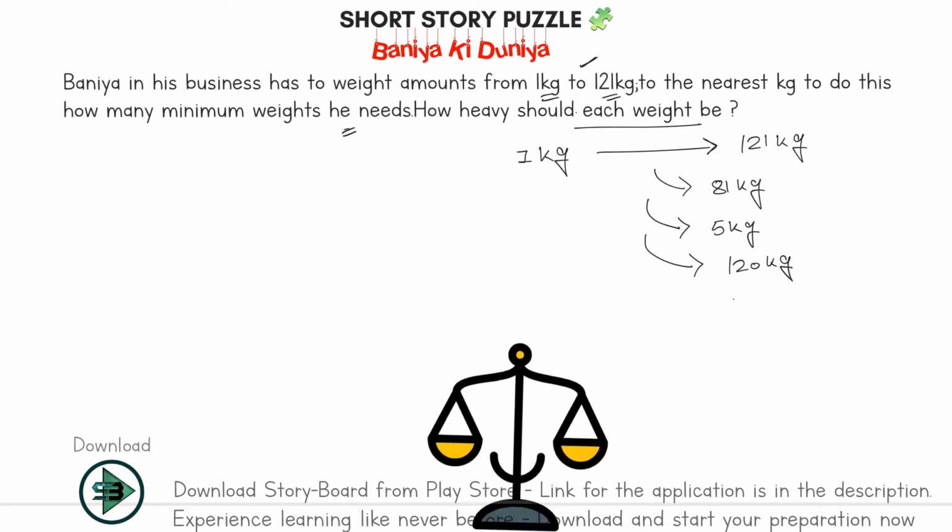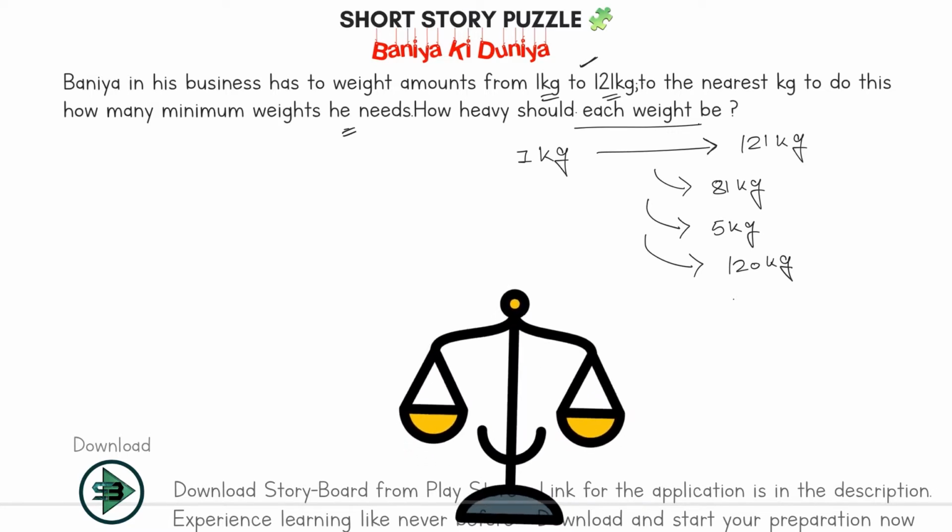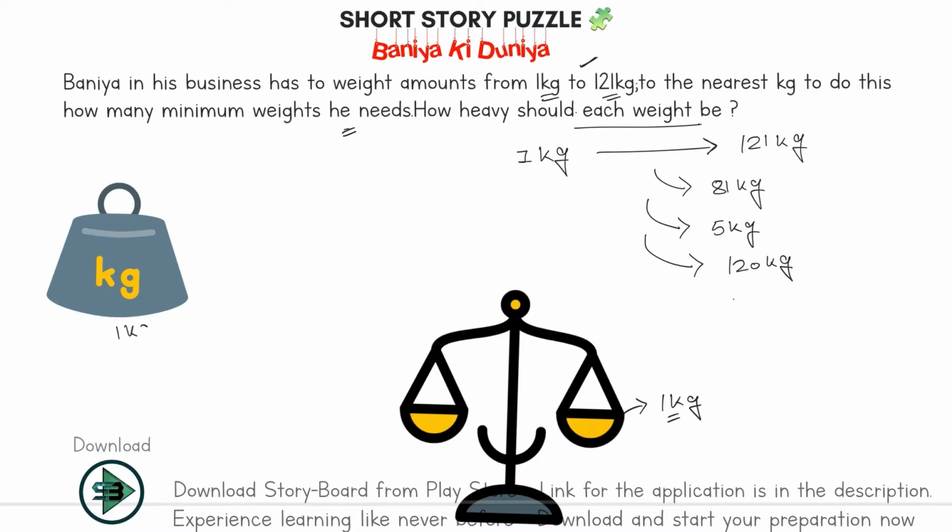So let's start weighing this. Okay, so this is my weighing pan. How will I weigh this? I'll put say 1 kg of ingredient here. I want to sell wheat, so I'll put 1 kg of wheat here. To measure this 1 kg of wheat, I need one basic weight of 1 kg. So one weight of 1 kg will be required here. I'll put this 1 kg weight here and I'm done with the problem. Okay, I'm done with measuring 1 kg.